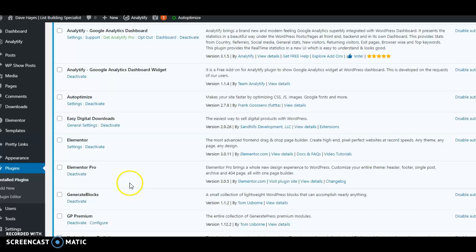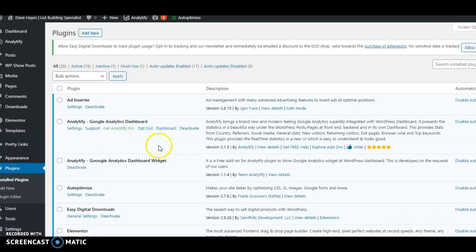It's a default editor. So to get rid of both plugins, let's use Analytify as the example. Imagine that says classic editor there. Underneath it you'll see the word deactivate, and then to the right of that you'll see the word delete. What you need to do with the classic editor is deactivate it first, then delete it, and then you'll need to do the same again with your Gutenberg plugin. You'll need to deactivate it and then delete it,